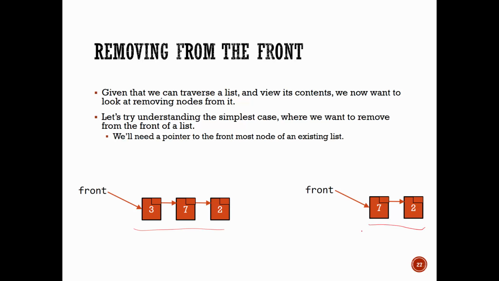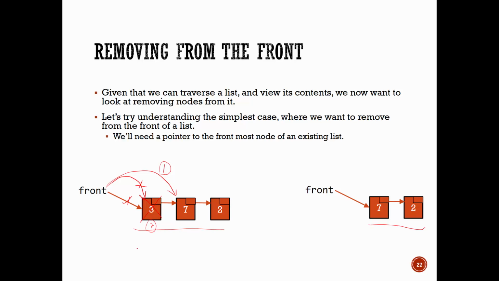So how can we implement this feature? It's actually pretty straightforward. All we do is take front and redirect it to know not about 3, but about 7. I want this over here to be my new front. That's one operation. There will also be a second operation that's specific to C, which is to deallocate that node as well. That's step 2. This is something new that you won't have seen if you've worked in a language like Java before.